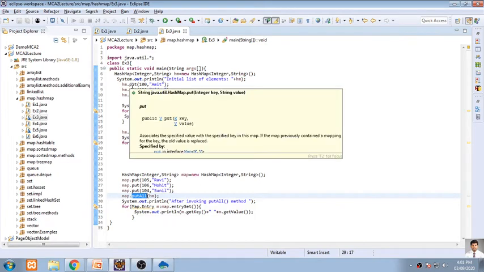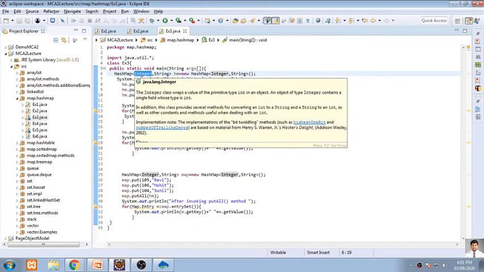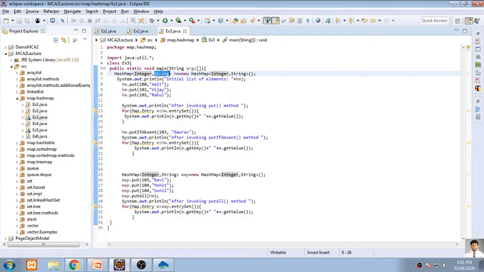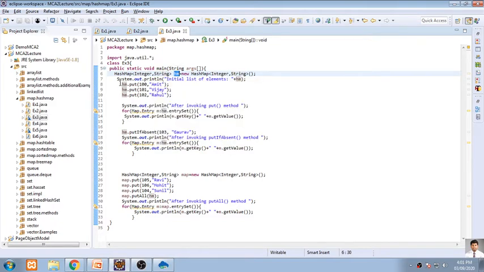So put now has three flavors: simple put function, putIfAbsent, and putAll. So these are the three types of function. Now we'll go into discussion about what exactly happened in this program. So we are creating a HashMap object hm, and we are saying that keys will be integer, values will be string. So the name of the object is hm. So I'm using this one, and I'm displaying this one.